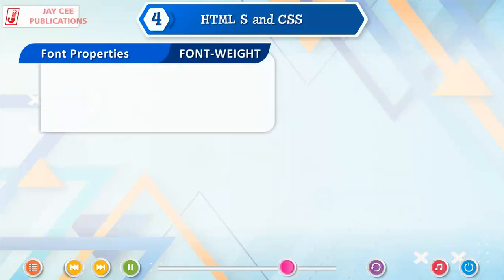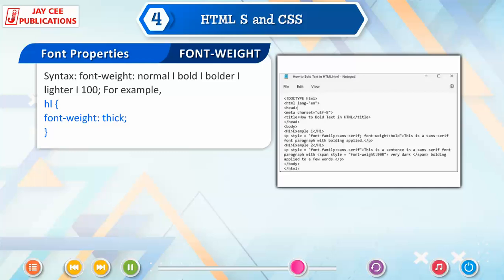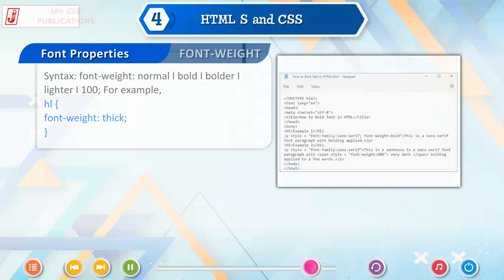Font weight. The CSS font weight defines the font boldness or density of the text. It also controls the thickness or compactness or heaviness of the text. Syntax: font-weight: normal, bold, bolder, lighter, 100; For example, h1 { font-weight: thick; }